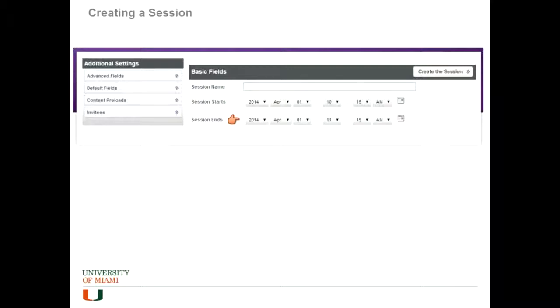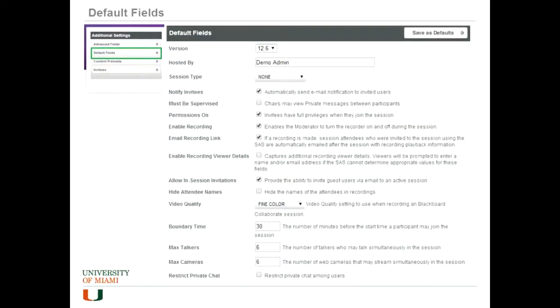And then you can put a session start and end date and time. This can be a short amount of time, an hour or two even, but we like to have ones sometimes that have a continuous time, so they can go on for years. We can just use the same session over and over again. So I would set the session start and end time, and then go with the default fields. Usually you won't have to set this, because once you have your default set, you would save them as default, and they'd be there for you at all times. But I wanted to point out a couple of options here.